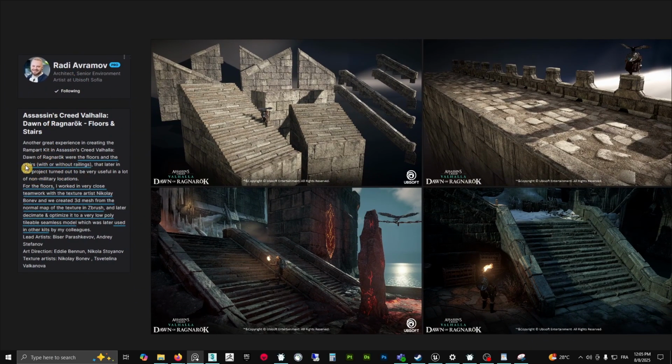So let's read a little bit about what we are going to see. Another great experience in creating the Rampart kit in Assassin's Creed Valhalla: Dawn of Ragnarok were the floors and the stairs, with or without railings, that later in the project turned out to be very useful in a lot of non-military locations. For the floors, he worked in close teamwork with the texture artist Nikolay Bonev, and we created a 3D mesh from the normal map of the texture in ZBrush, so that's very interesting. Later decimated and optimized it to a very low poly tileable seamless model, which was later used in other kits